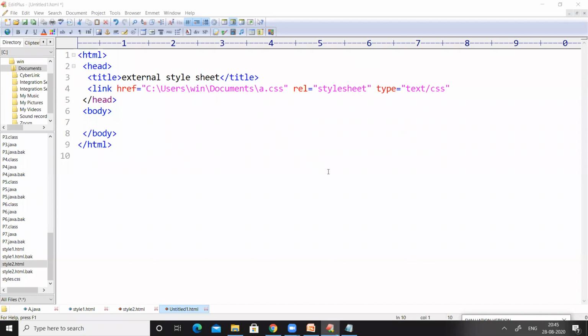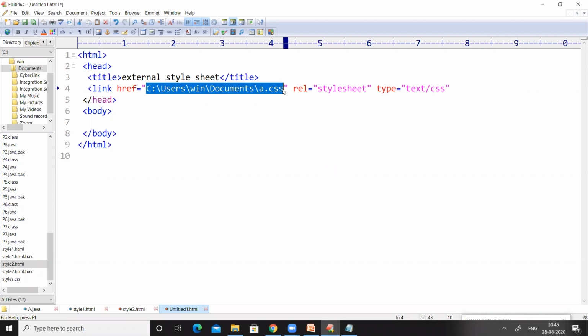Now, after using this link tag in the head section, this particular CSS file has been linked to our HTML document.